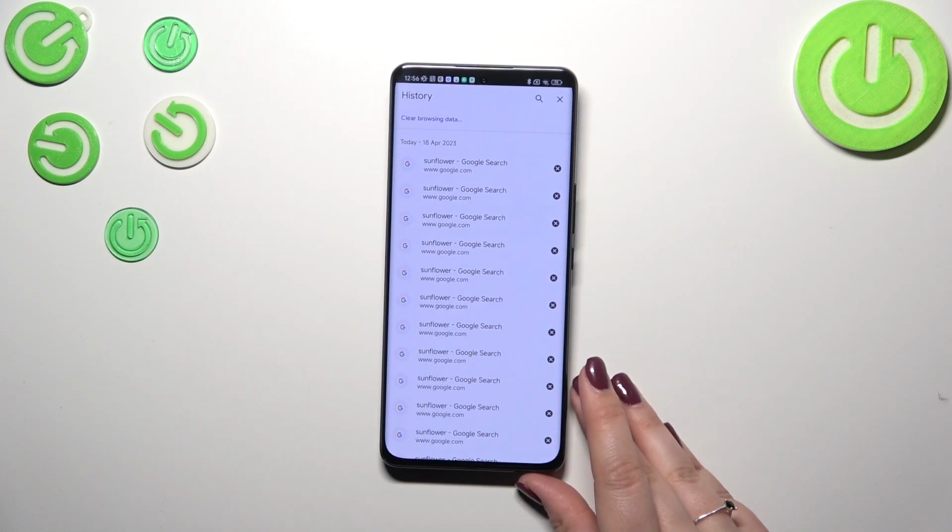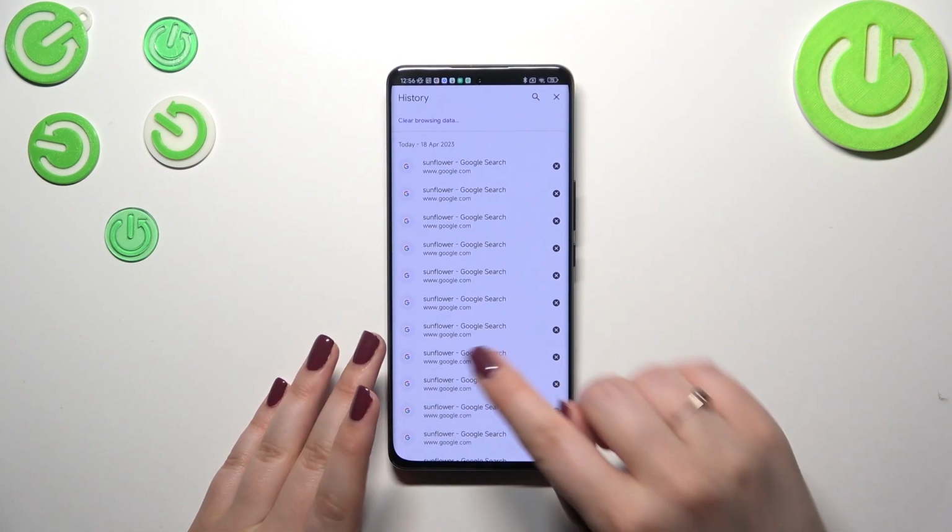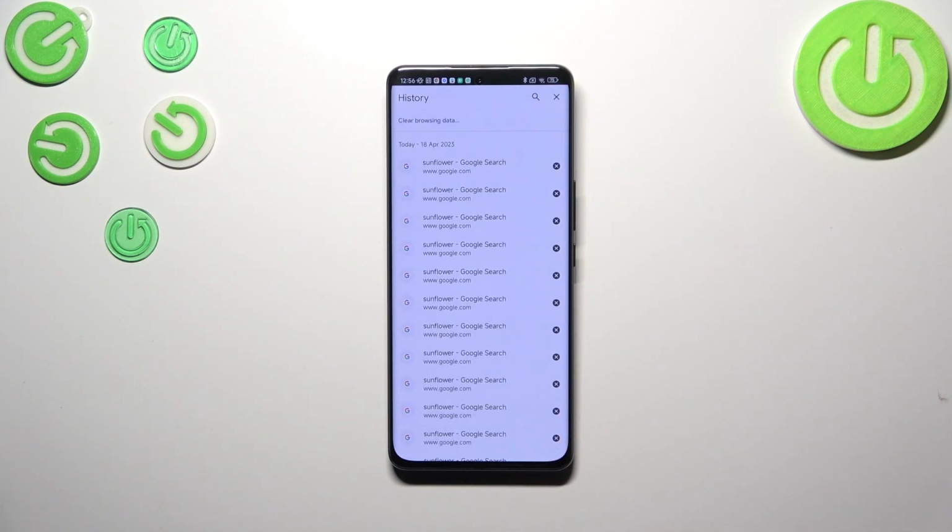And as you can see right here, we've got the list of websites which we've previously opened, so the whole history. And of course, if you want to, you can remove them manually one by one just by tapping on those X buttons right next to it. However, if in your case this list is long, then I highly recommend to do it automatically just by tapping